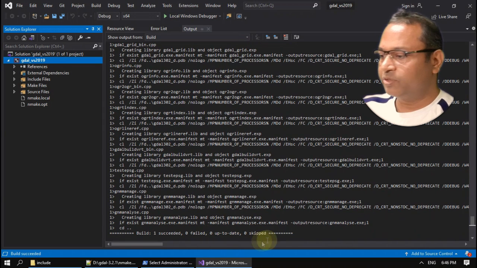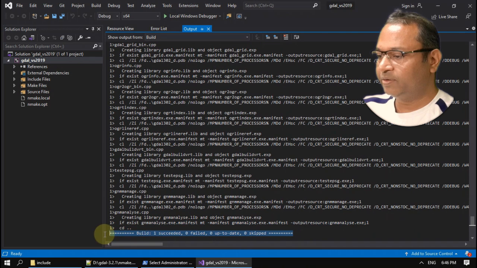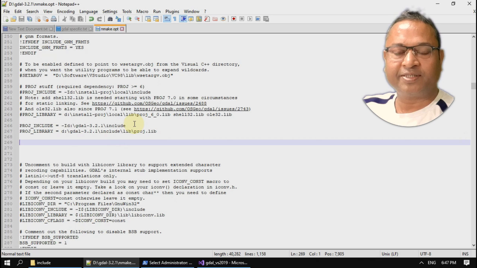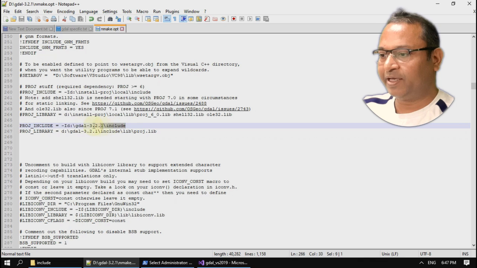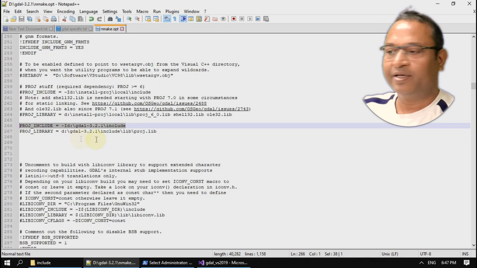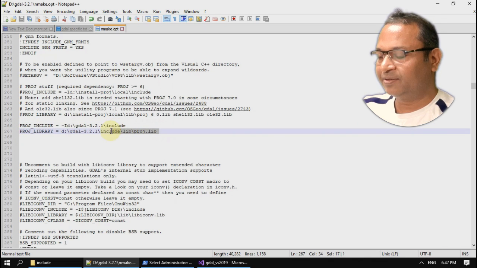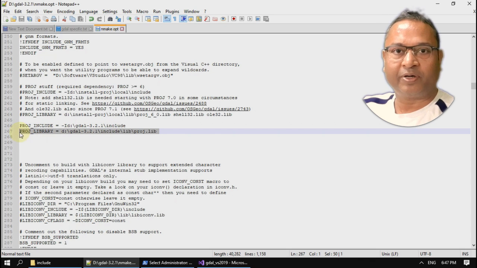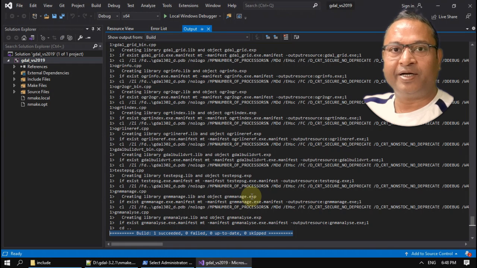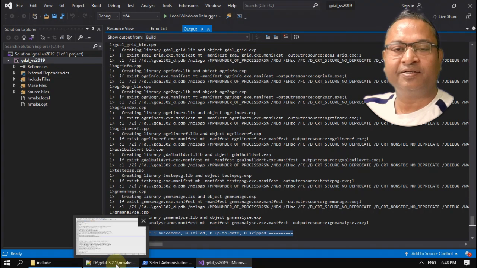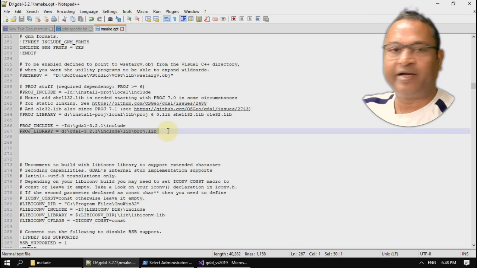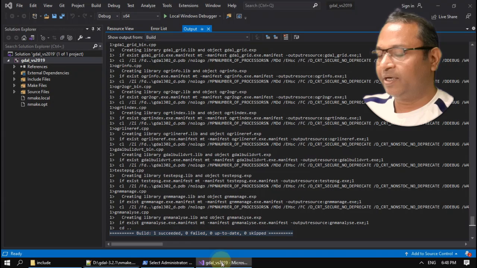So okay, now it is built successfully. Here as you can see, build 1 succeeded. In this whole process I made two mistakes. I did not define the correct path. The include path was not defined properly, and secondly, as you can see here, the path of the library files was also not defined properly. Because of this the build failed, and in order to build the GDAL code, I copied the files into the right folder as specified in the nmake file, right?